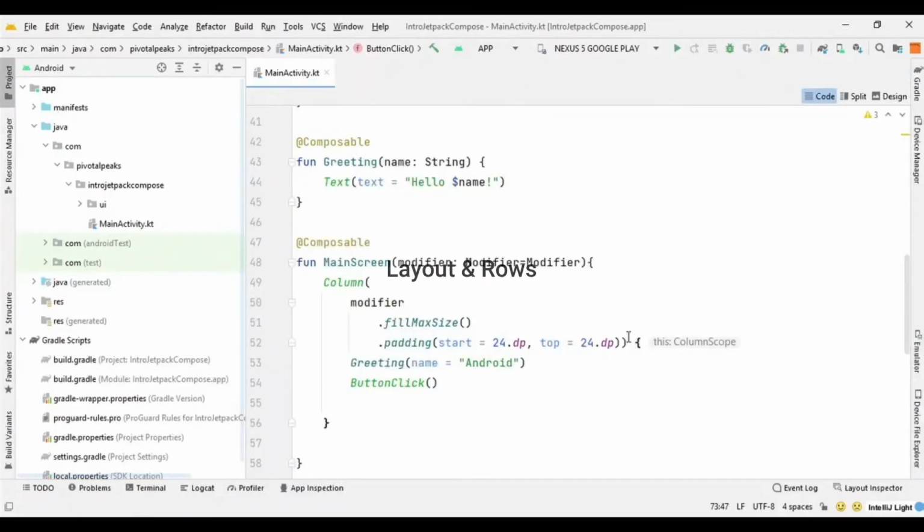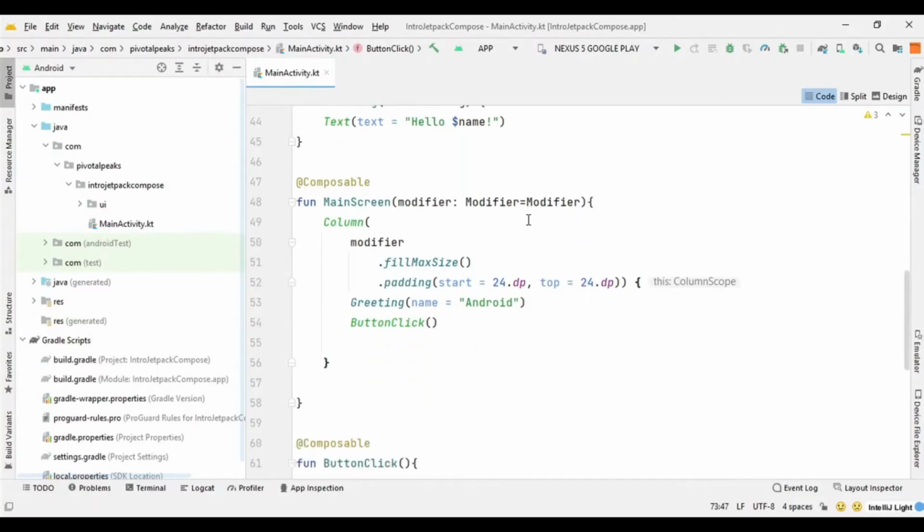So now we have some components in our main screen. Let's play around with them and see how we can place these components differently on our screen. First I want to show you how to put all these things in the center position. To do that, we need to go to our main screen, and here we need to apply some more modifiers.